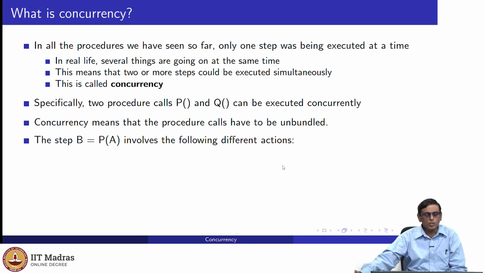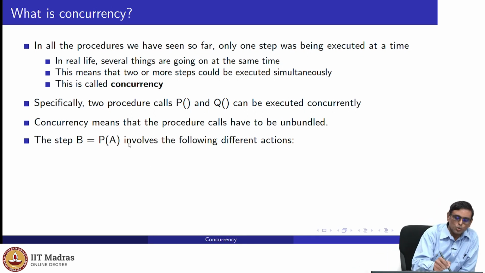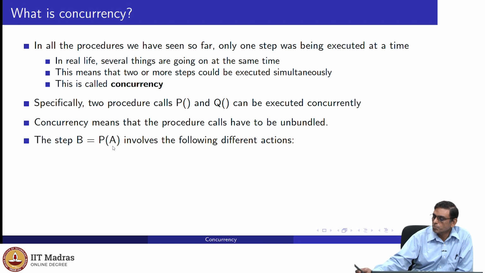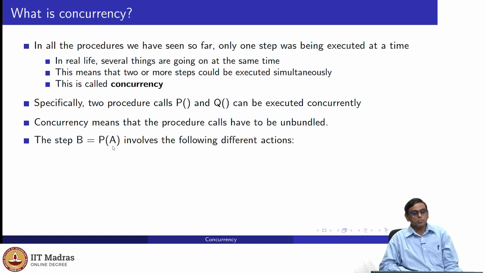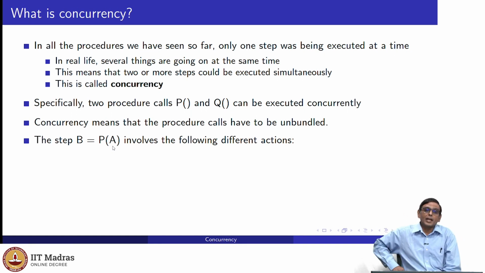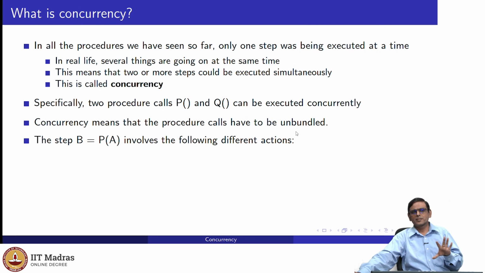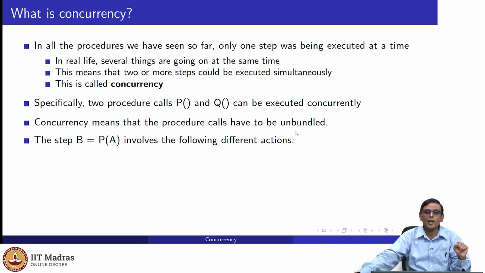This is a beautiful thing that procedures do for us. It allows you to write things like B = P(A). B = P(A) means that we are calling procedure P with the argument A, then the procedure P executes, finds the result, returns the result, and this result is stored in B. All of that, the business of calling procedure P, passing it parameter A, P doing its work, computing its result, sending the result back, and the result being put in B, is written in one line: B = P(A).